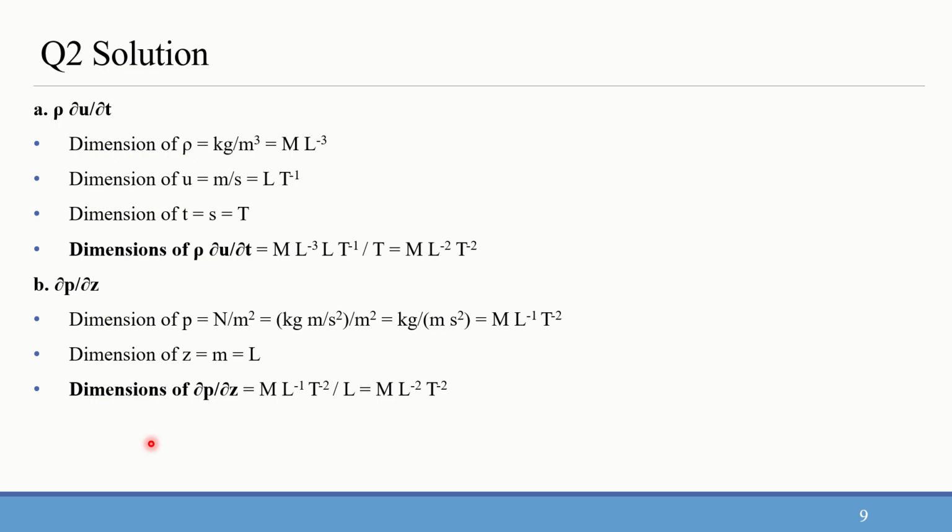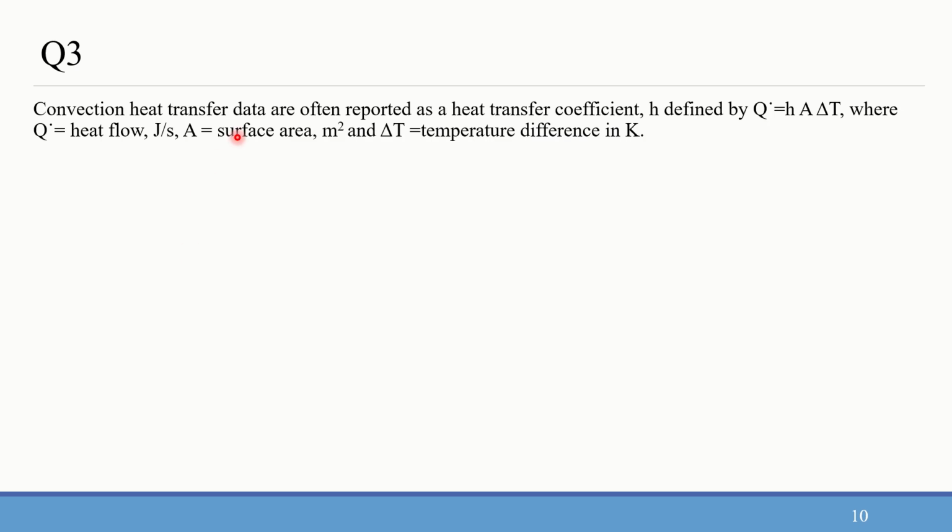question 2. Now we are going to question 3. Okay. In question 3, let us see what is asked. Convection heat transfer data are often reported as a heat transfer coefficient H defined by Q is equal to HA